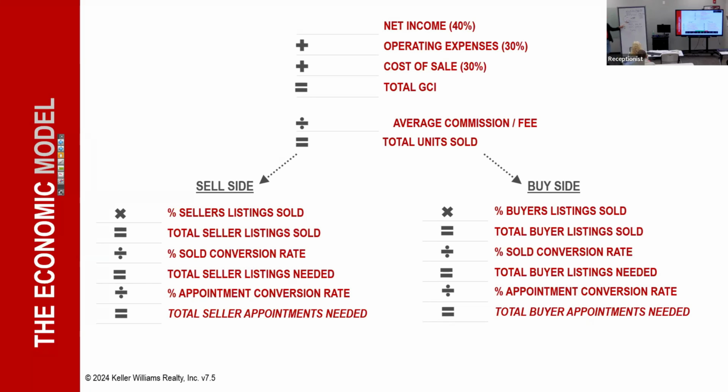What's 750,000 divided by 10,000? 75. We would have to sell 75 houses. Now, how many people is 75 houses? It's a big number, sure it is, and we can talk about all that. There's some leverage that we can start pulling as we go along. But 75 houses, where did I come up with the 10,000, by the way?